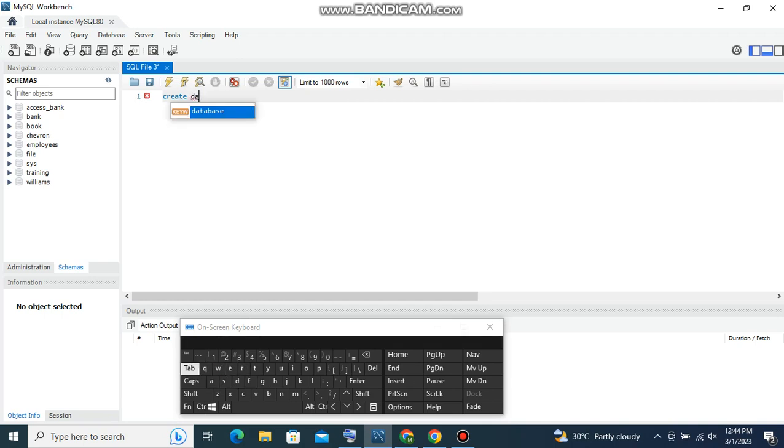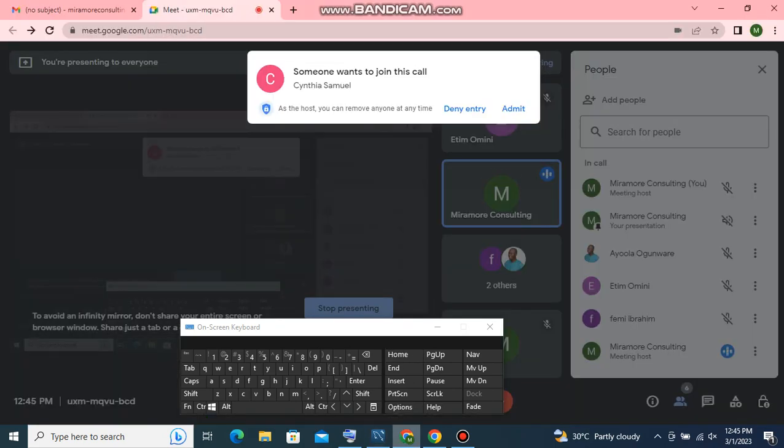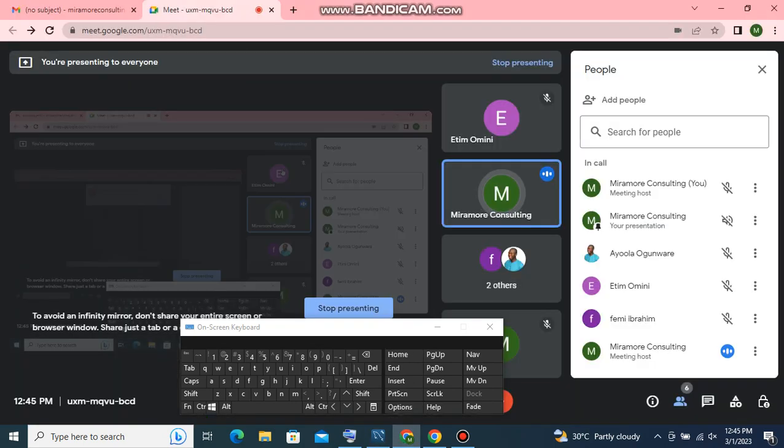The name of it, we want to create a database. What's the name of the database going to be called? I can say it's going to be called election. I can just come and say create database election. So once I'm done with that, I will then bring down my semicolon. So you always bring down your semicolon because, like I told you,